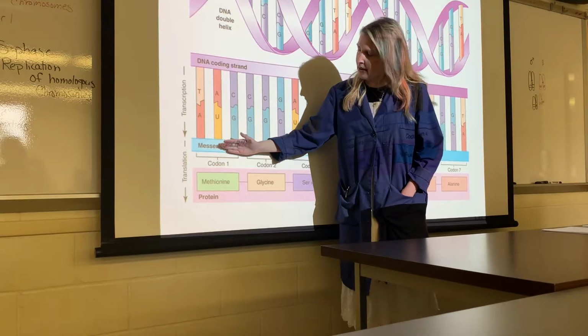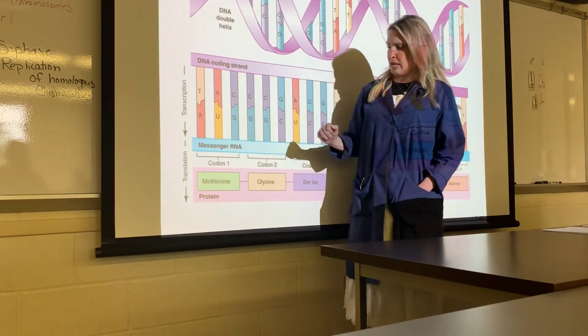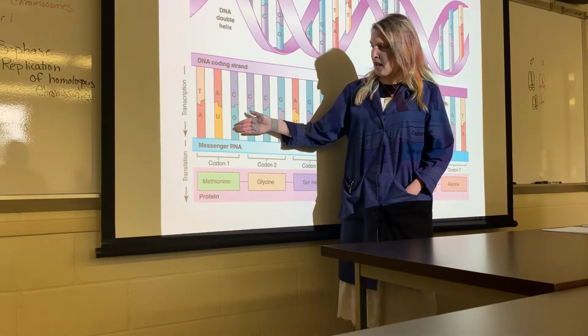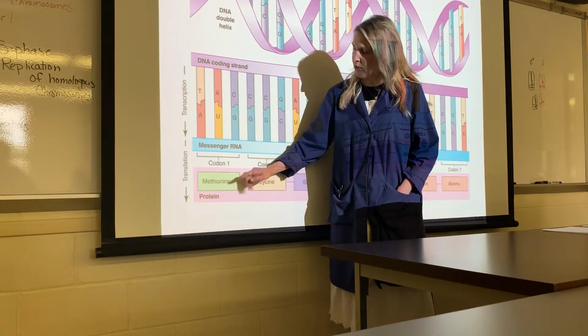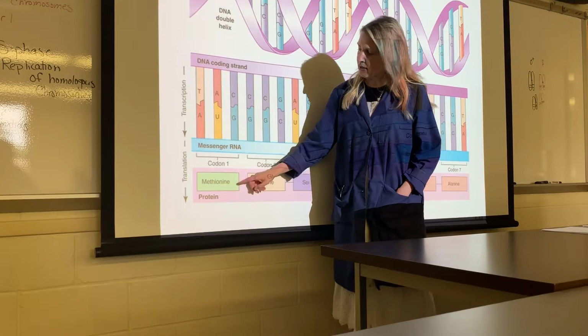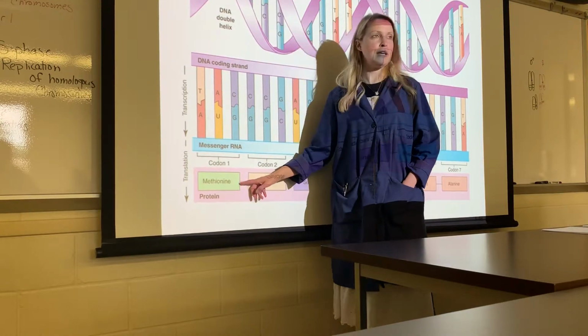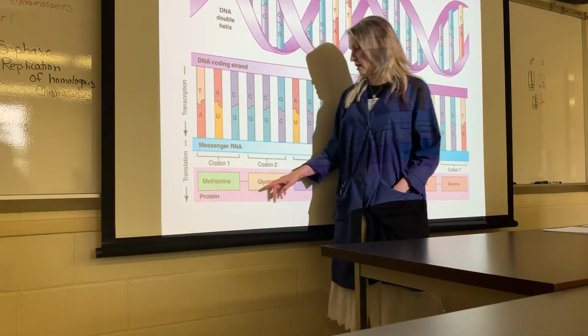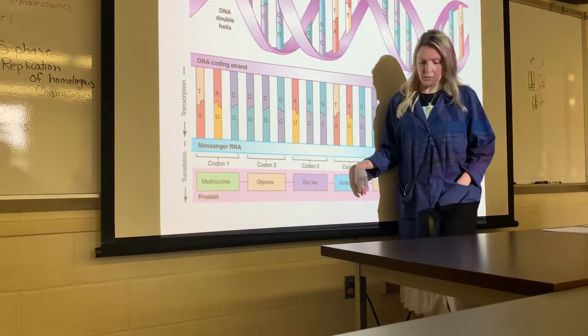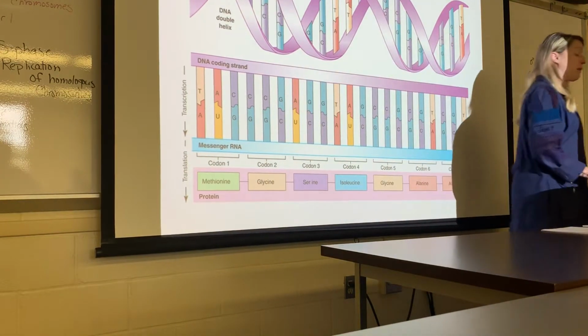And then the anticodon sequence, not shown here, is on transfer RNA. But ultimately, in translation, messenger RNA on the ribosome, that codon will code for methionine, which is always the first amino acid. And then all the other amino acids are going to be bound together through peptide bonds,